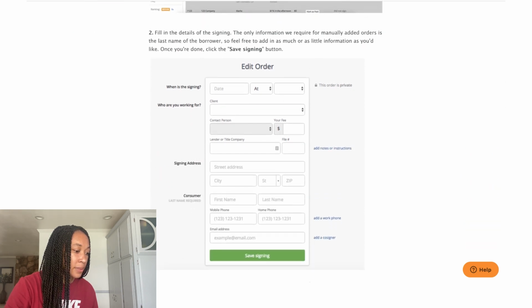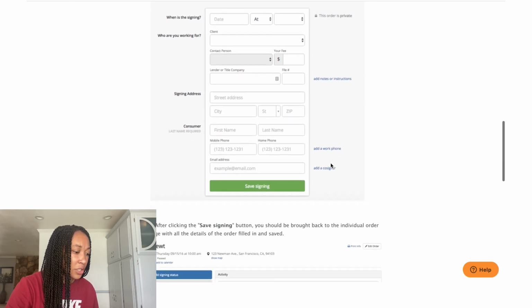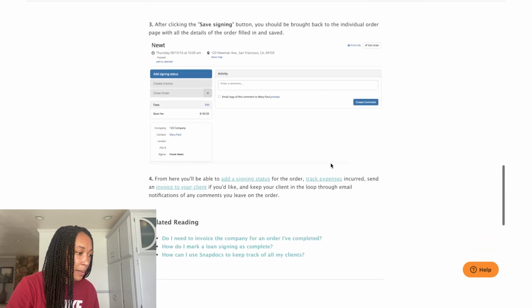It'll then pull up this little form right here that you can input all the information into. Now keep in mind, the only thing you have to input is the last name. You don't have to fill out any of these other fields if you don't want to. The more that's in there, the easier it is to keep track of exactly which signing it was, but the only thing they actually require is the last name. So if you're putting general notary work in there, that's fine. Put the last name, put how much you paid, put the date, and that way you can keep track. And once you do save,